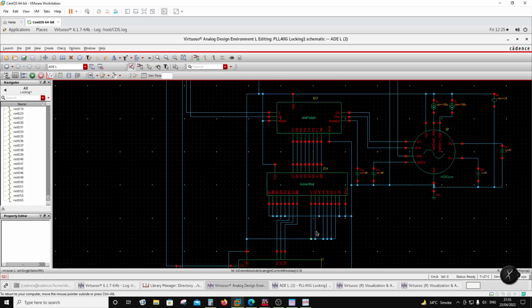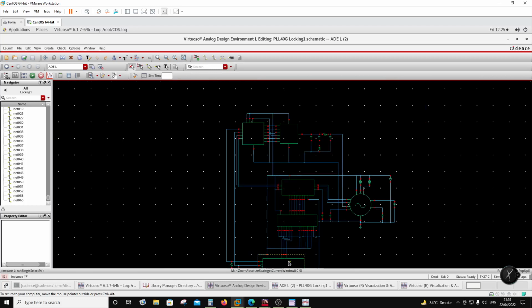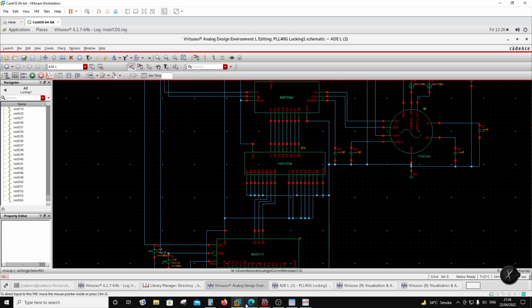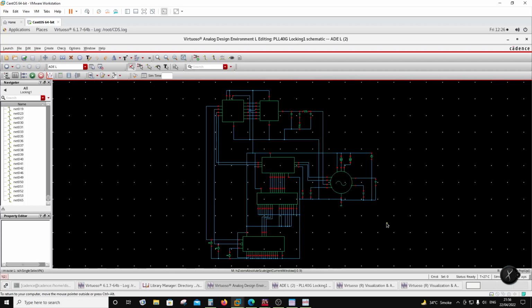Now, as far as the coarse feed is concerned, this adder basically adds the coarse feed to the fine feed. Fine feed is coming from the sigma delta modulator. It's adding that, and that added output is fed to the MMFT, and I have shown you already the calculation of how these are calculated. So basically that's a 5G PLL operating from 1.8 volts, covering a frequency of 37 to 40 gigahertz,